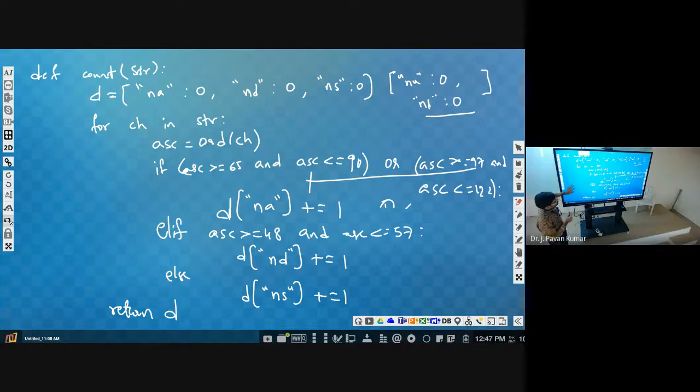Afterwards you can take a string as the input, then call this count function. Then you will get a dictionary, and you print that dictionary.